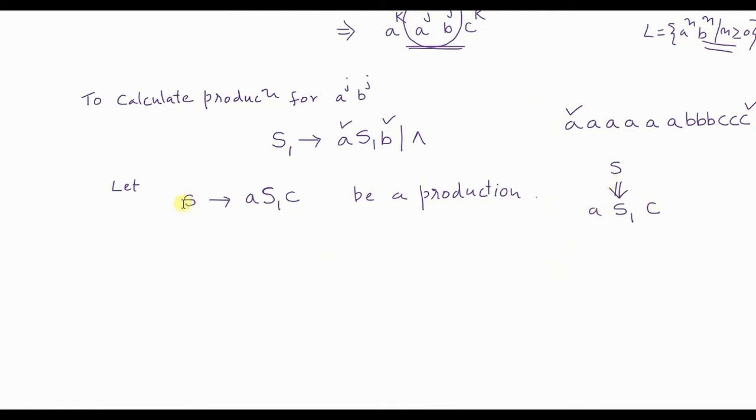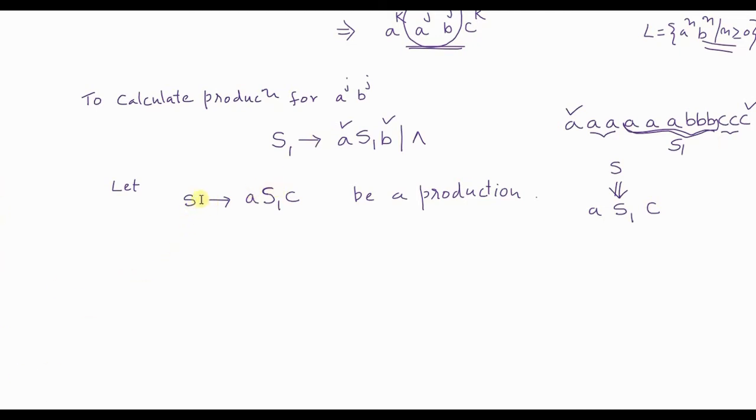But now S is no longer present. When I replace S with AS1C, we have jumped to the S1 production, and in the S1 production there is no S. What the S1 production does is ensure that there are equal numbers of A's and B's. So the S1 production at the most can ensure that for 3 B's you have exactly 3 A's. But what about these 2 A's and the remaining 2 C's which have to be matched? Only the S production is going to take care of A's and C's.